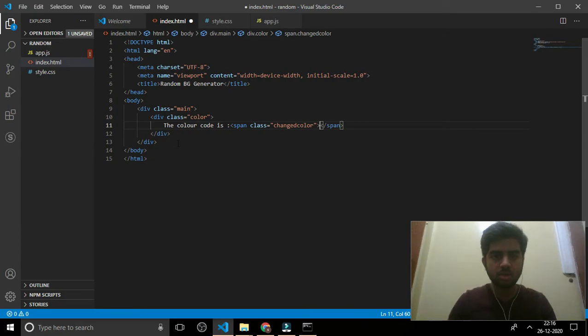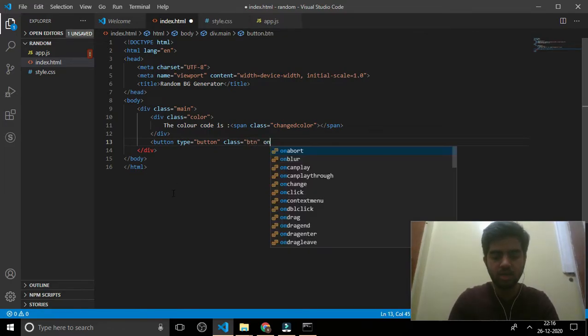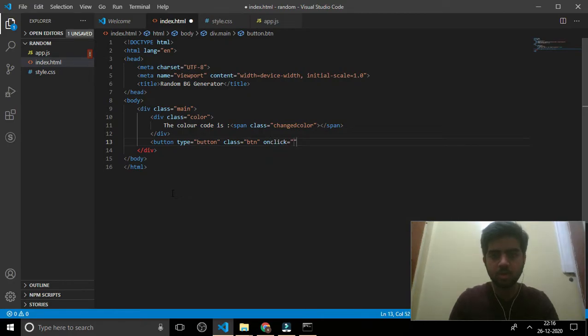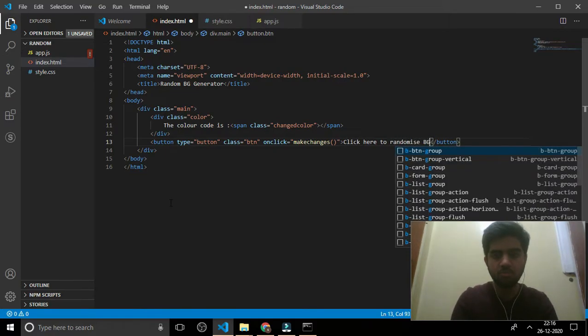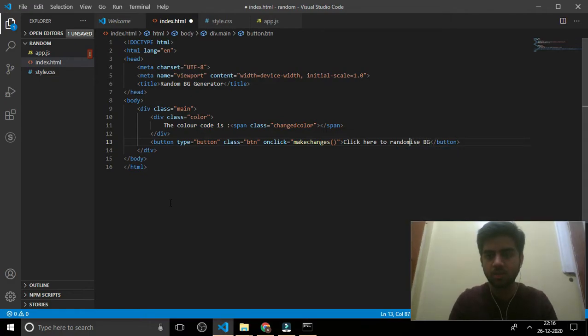Okay, yeah. I'll add a button with a type button, with a class btn, and then add an onclick event to it, saying make changes. Okay, click here to randomize background.